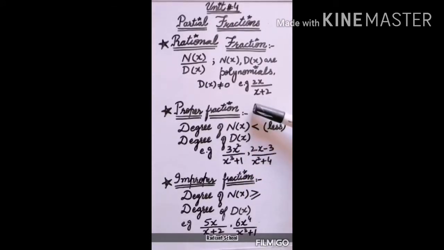Students, whenever you have a rational fraction and you want to check which type of fractions are said to be proper fractions, you have to check the degree of numerator and the degree of denominator. When you check the degrees, you have to compare the degree of numerator and the degree of denominator. For example, let's take an example. In this example, first of all, we will find the degree of numerator.